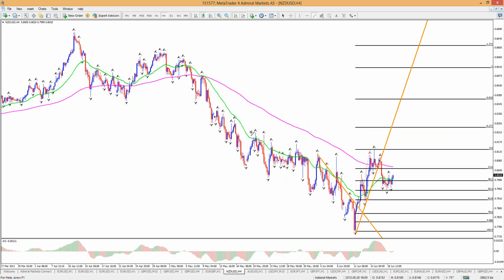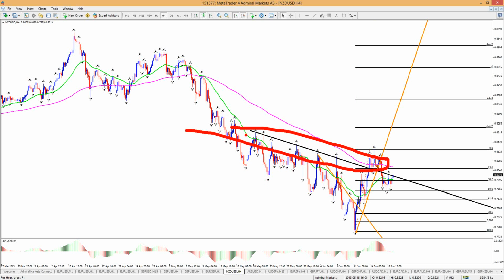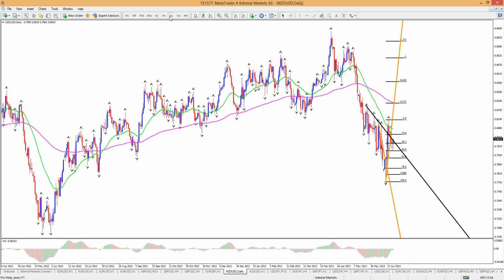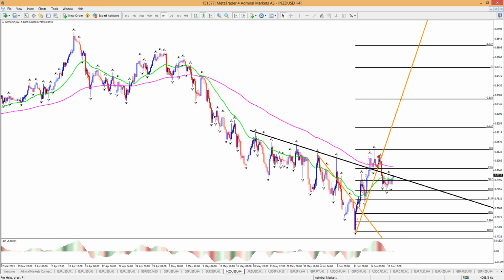Plus, we broke out of this downside correction line here and actually posted a higher high. So, to be honest, this downside was already a bit more counter trend. And it looks like we're bouncing. And I would say the New Zealand is almost an uptrend, except the day chart doesn't have a higher low. Otherwise, okay, the 4-hour chart has lower highs, lower lows now. So a key level would be this